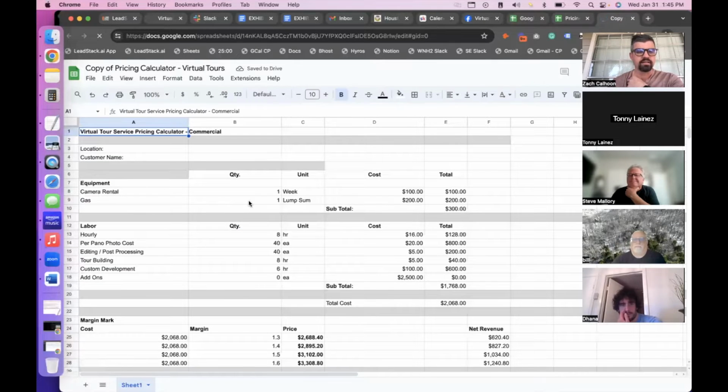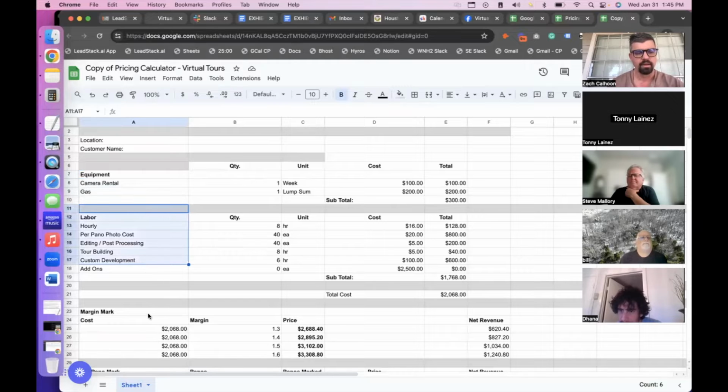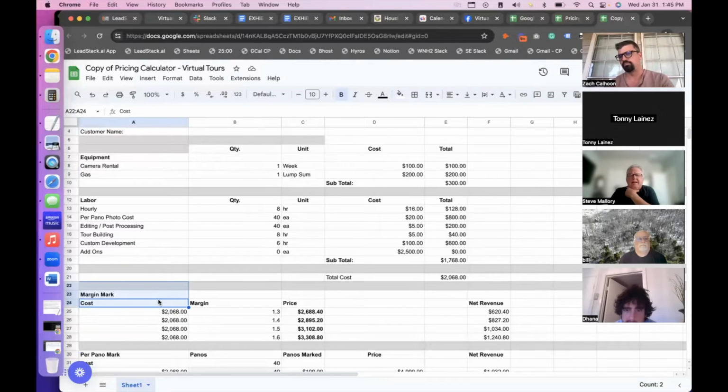Yeah, so this is the pricing calculator that we use, and I've shared it recently. Yeah, I saw that. So it's got equipment, labor, and then margin. Okay, so we're going to live on the call just price out a project, and we're going to pretend like